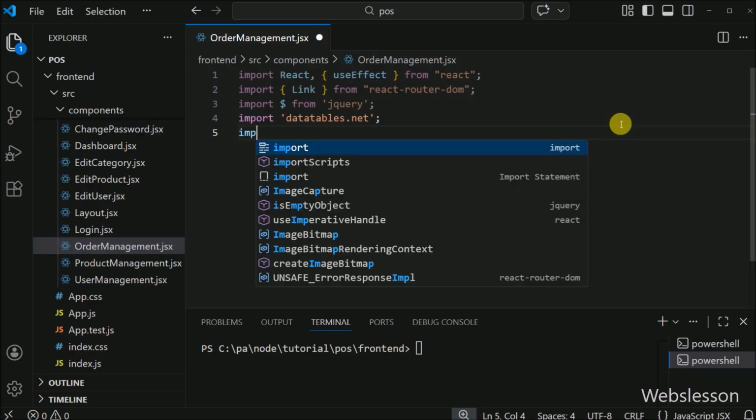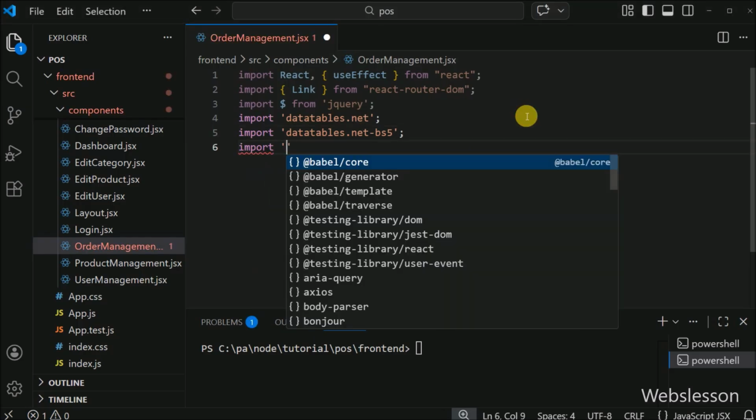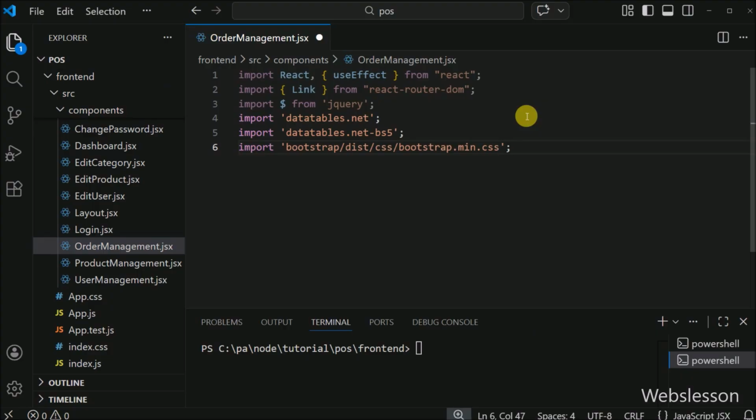Next we have to write an import statement for Bootstrap 5 integration. Thereby here, we have enabled beautiful Bootstrap style DataTables, which match the rest of the admin panel perfectly. After this, we write an import statement for the Bootstrap CSS file. Hence here, we have imported the full Bootstrap styling framework to ensure cards, tables, buttons, and layout look professional